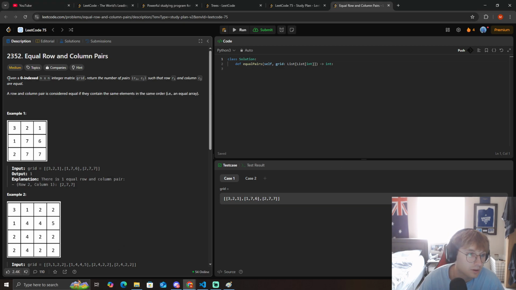Okay, given a 0-indexed n times n integer matrix grid, return the number of pairs. It's considered equal if they contain the same elements in the same order, an equal array. Okay. I'm not good with grid problems yet, but